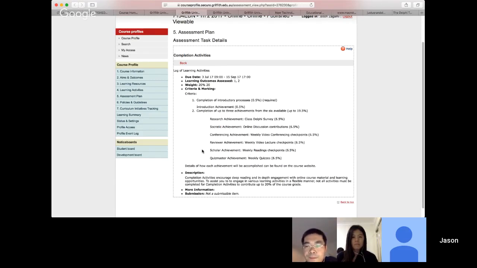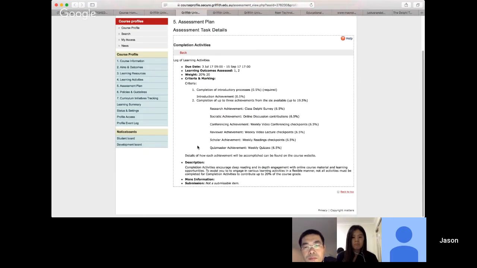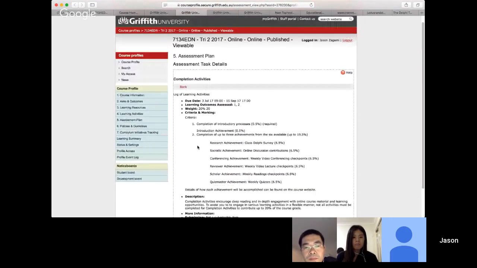So there's 20% for doing the activities. You don't have to do them well. You're not being judged on how well you do them. You simply have to complete a number of activities in the course and show active participation. Any questions about that aspect? Generally, it's 20 easy marks. Unless you're totally absent and disengaged from the course, it's almost impossible not to get those marks.